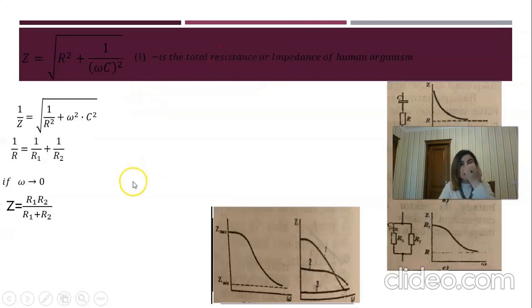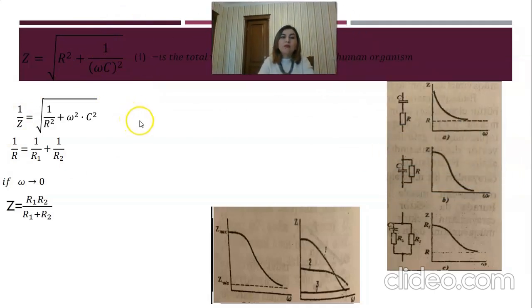And the next slide is about the combination of these resistances. If we have two of these chosen resistances, active and capacitive, how are they combined with each other within our body? This is an interesting question, and different models were given to explain the situation. The first model is a series combination of capacitor with resistance, where the total resistance, the other name of which is impedance. Impedance also gives us information about the measurement of the quantity, and about the